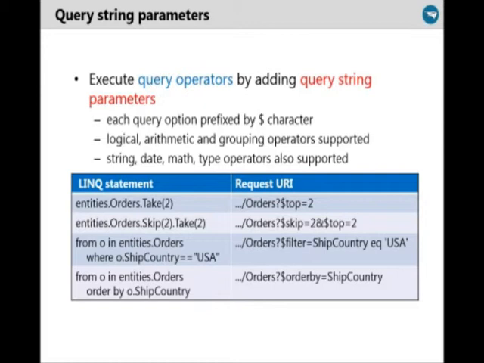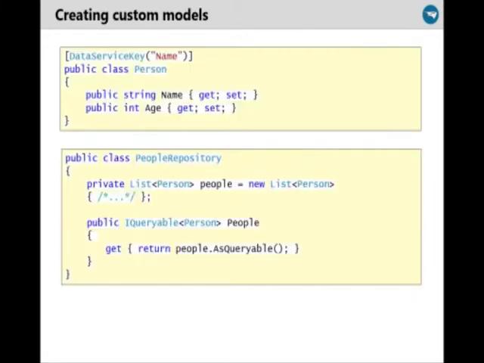So it's very efficient. If we say skip 2, take 2, we're only going to get 2 entries returned, right? We're not going to get all of the entries and then filter on the client side. We're only getting the entries that we ask for. Hopefully that made sense to everybody. Okay,